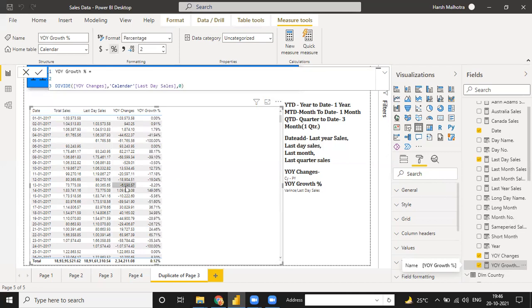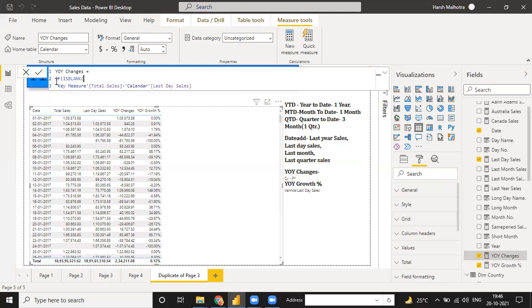I'm going to tell you what is my motive. Like with this YOY changes, total sales minus last day sales, if this value last day sales becomes 0, okay, then we don't need a value in the YOY. So I can just put here one condition. If is blank, this is our function, guys.